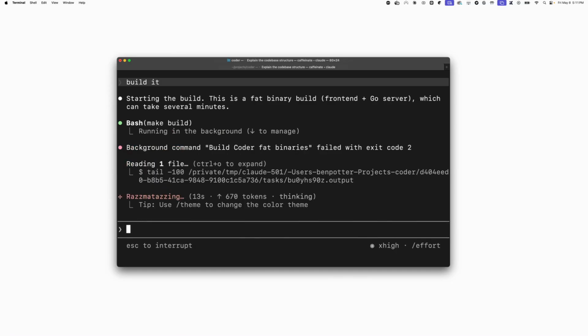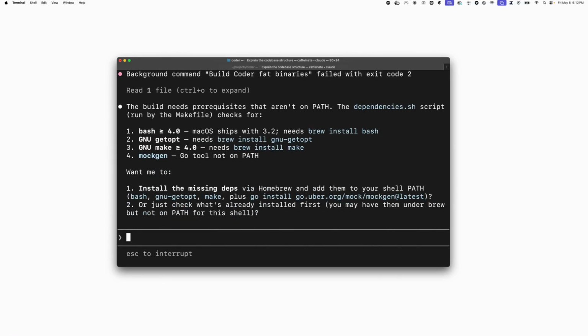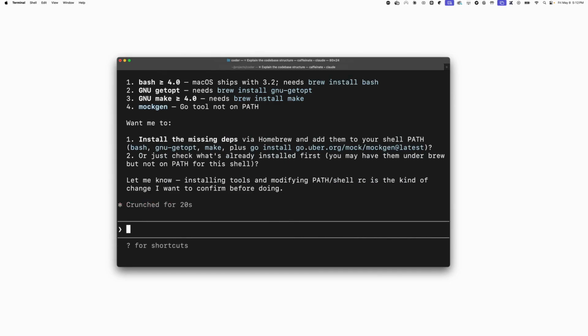Now, the other thing that's going to happen here is it's telling me that my computer isn't actually set up for all of the dependencies and requirements that I need to actually build the project, which is one of the second downsides of running it locally, which is I don't really have a pre-baked dev environment to get this work done with, and it's telling me to install these tools, or it's actually offering to do it